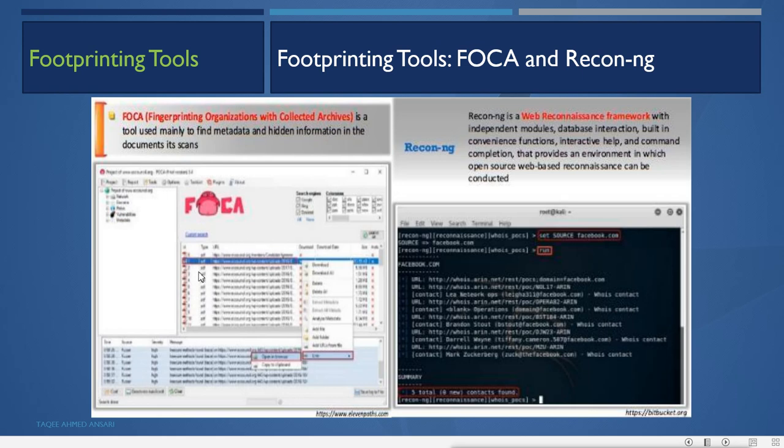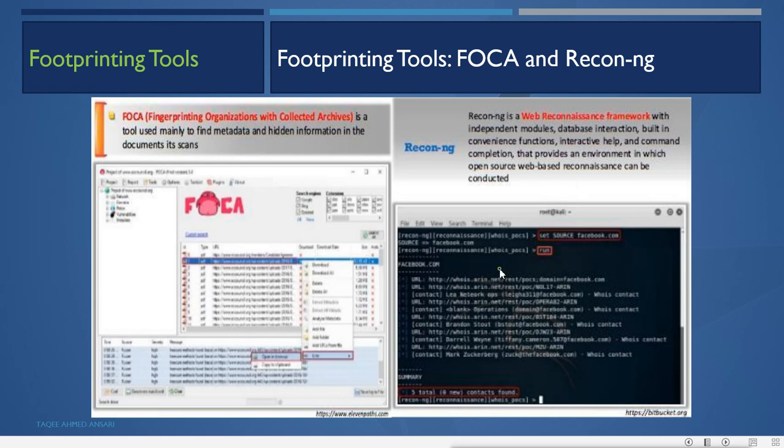Then we have the Recon-ng tool, which is a command line framework. This is a web reconnaissance framework with independent modules, database interaction, built-in convenience functions, interactive help, and command completion that provides an environment in which open source web-based reconnaissance can be conducted.